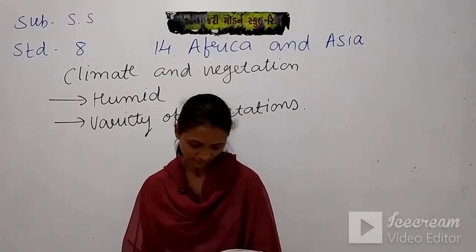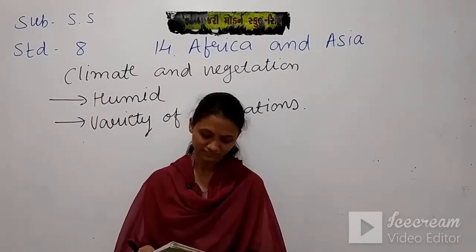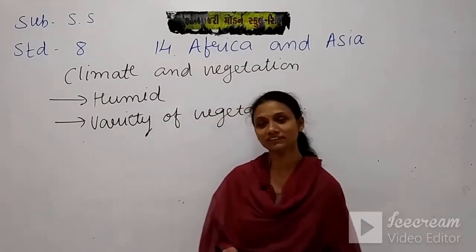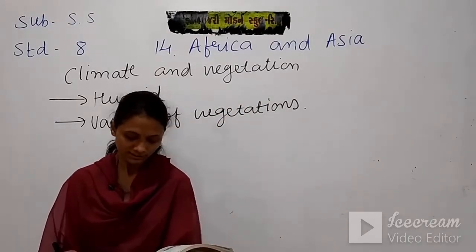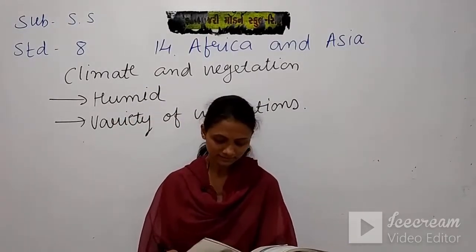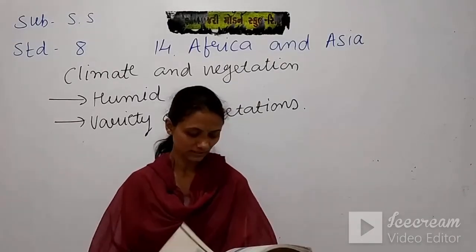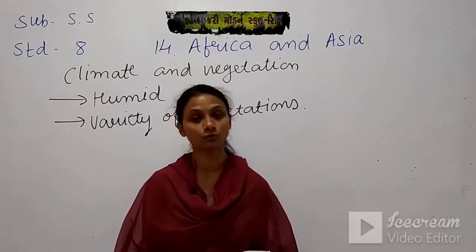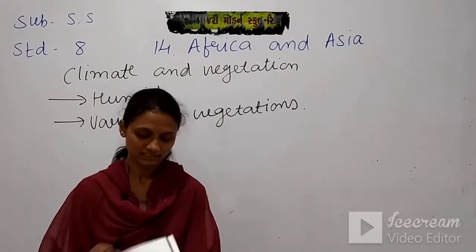Here I am reading this. The Mediterranean region of Africa receives rainfall in winters too. So if we talk about the Mediterranean region of Africa, there is rainfall too. Here sweet and citrus fruits such as orange, lemon, peach and grapes are grown. So here you can find oranges, grapes and lemon.